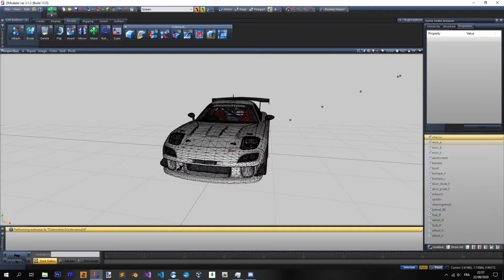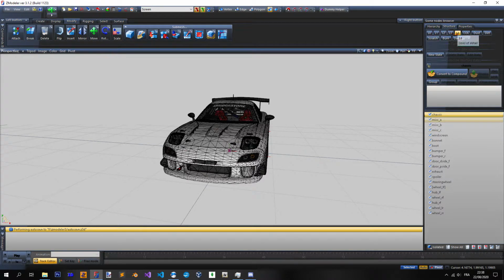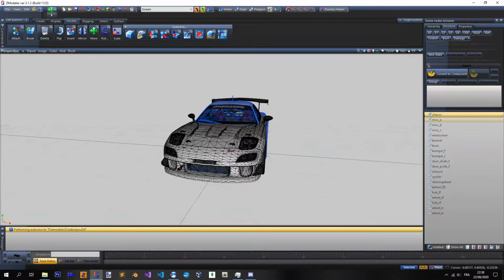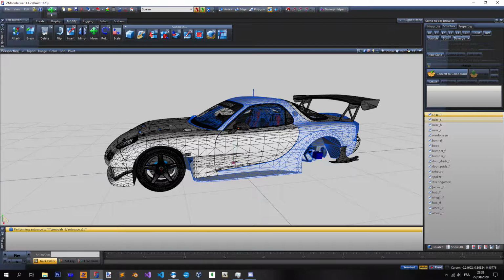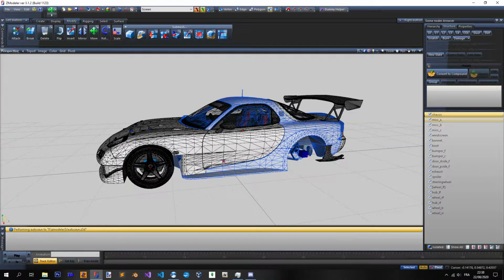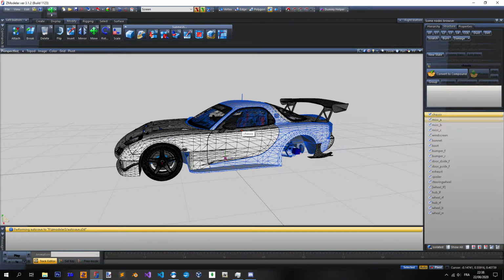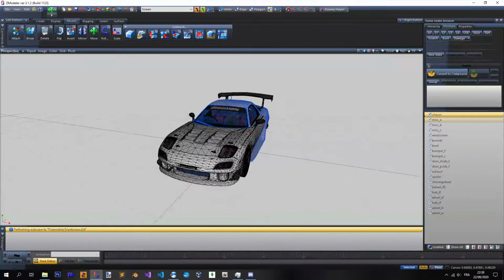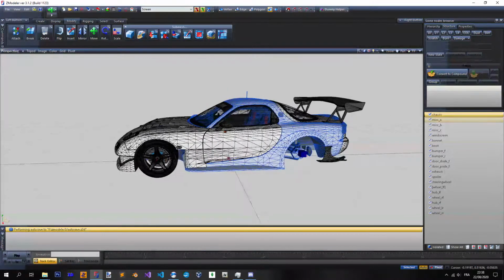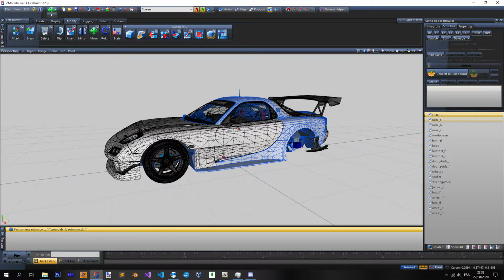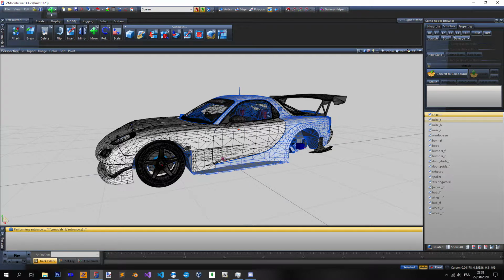So lots are very important. Normally you can have up to 5 different lots. Those lots are used to have different details on the car depending on the distance you have from it. So let's say that you have a car that's 500,000 polygons. It's something that can be very heavy if you have 10, 12, 15, 20 of them in the same position, because you have a lot of things to show in the same place on your screen. So depending on your PC,